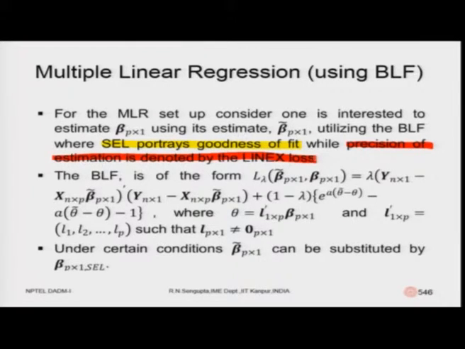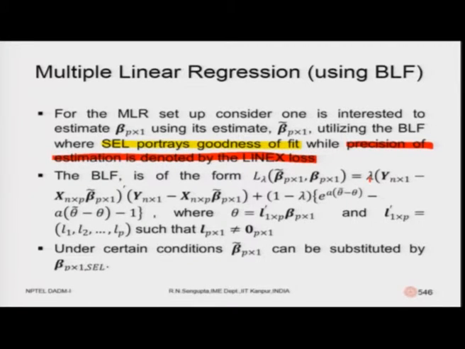So, now you have 2 loss functions, squared error and Linex. Squared error is being used for goodness of fit, that is with respect to finding out the differences between y and y hat and finding out the square of that and trying to find out the errors, while precision of estimation would be utilized with respect to Linex loss when you are trying to find out the betas themselves. So, the balance loss function would be of this form. You are going to give weights. The weights would be given in such a way, you will give a weight of lambda to one set of errors and 1 minus lambda to the other set of errors.